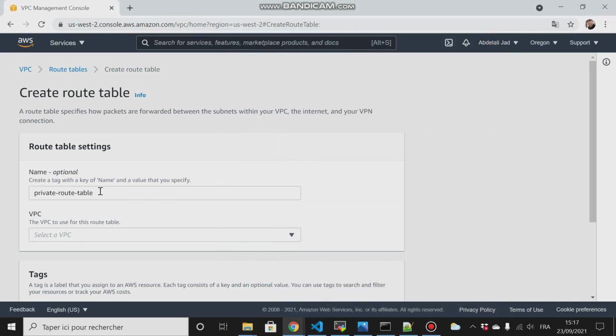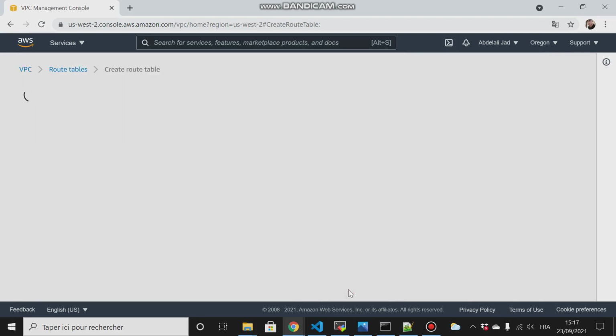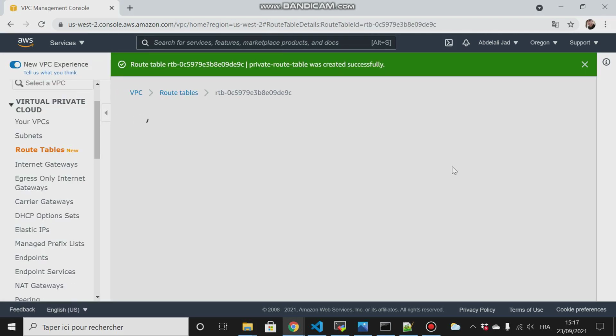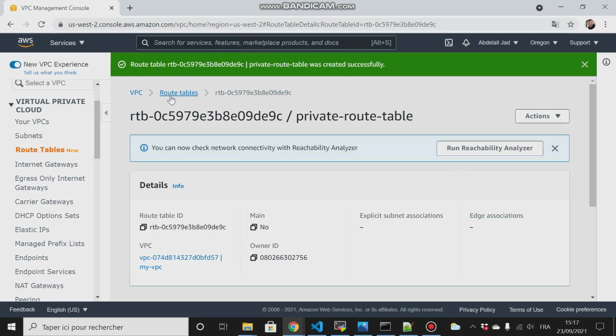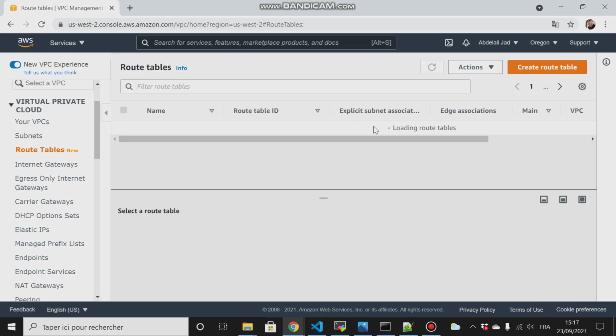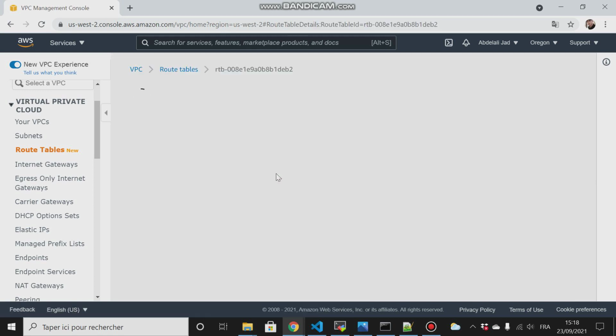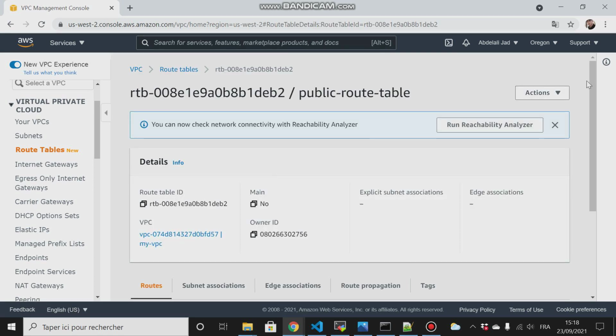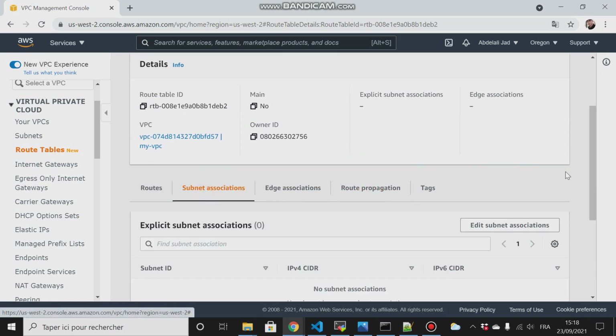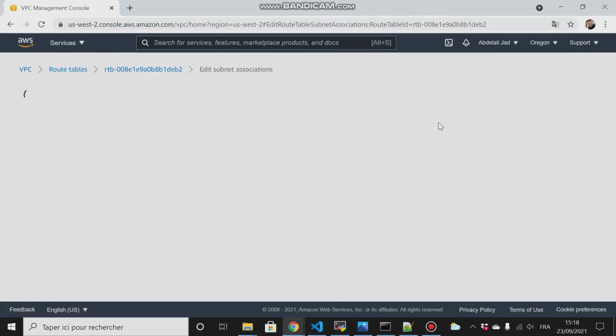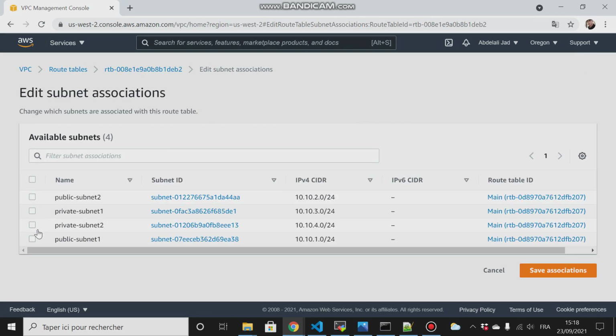Right? Private route table, then choose my VPC, then create a route table. Now what I must do is add subnets that we want to be in the public route table, and the same thing with the private route table. I will go to my public route table, go to subnet associations, then edit subnet associations, then I will choose